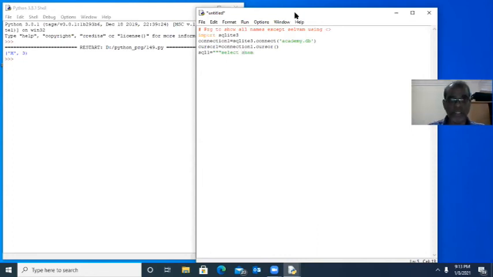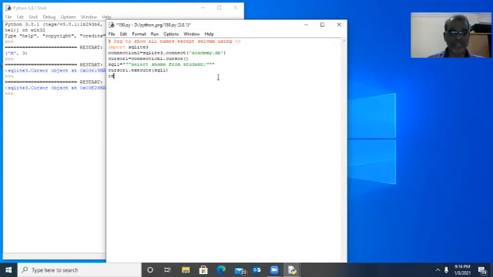If you put yes name from student, we will see what will happen. Then we will go for not equal to. Okay, good. Now I have to execute the statement: cursor one dot execute SQL1. And we need a result set, result one equal to cursor one dot fetch all.